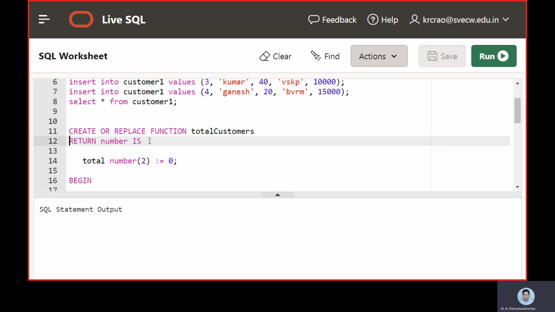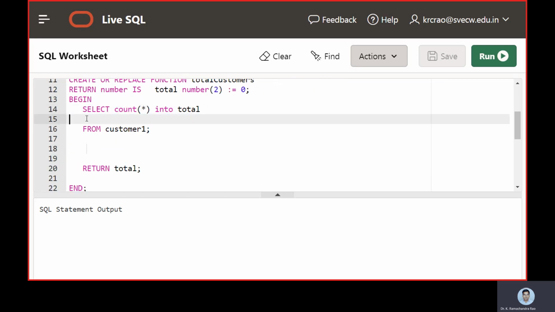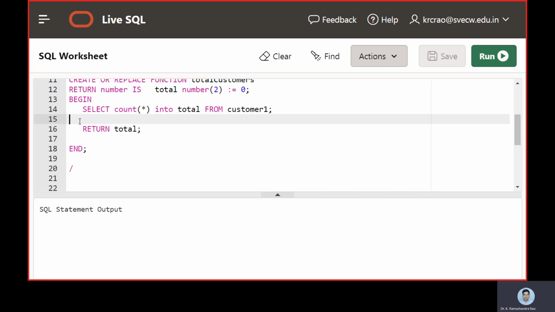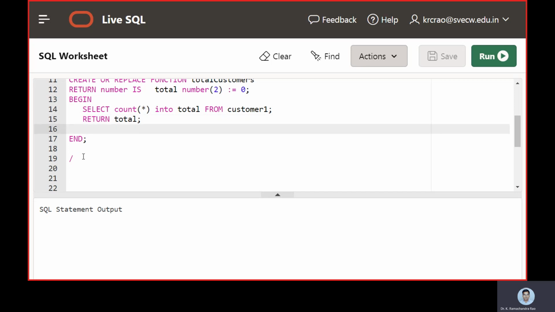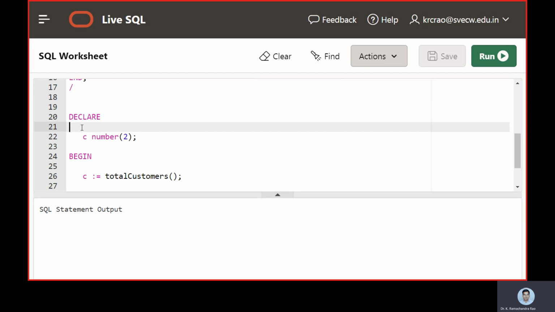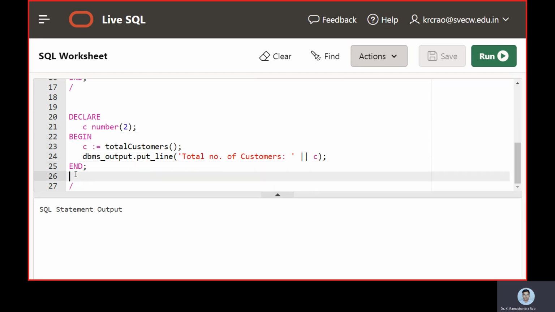Now we make a function call, and the return type we are assigning to a variable called total. At the beginning of the function body, we created the SQL command with the select process. Then we return the total from the function body. Now this is the main body declaration, and it is calling the function type.